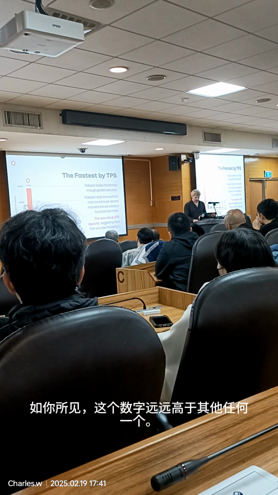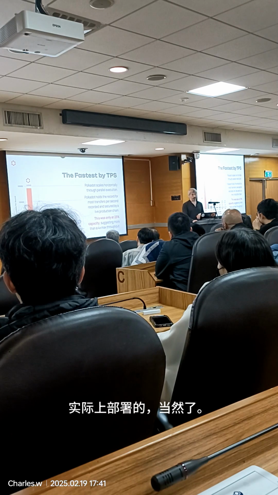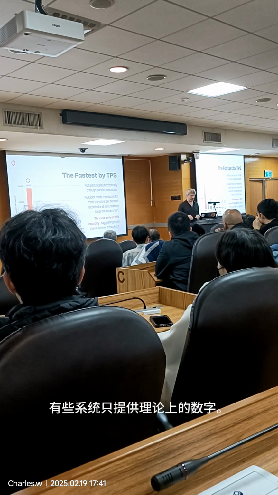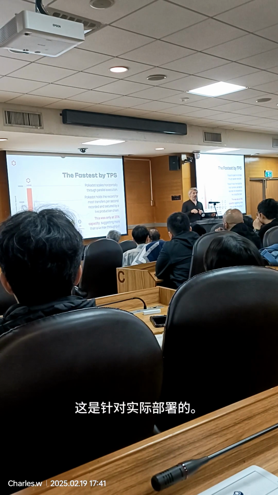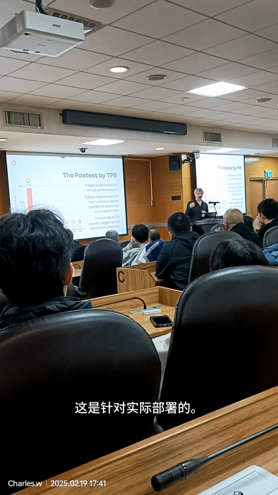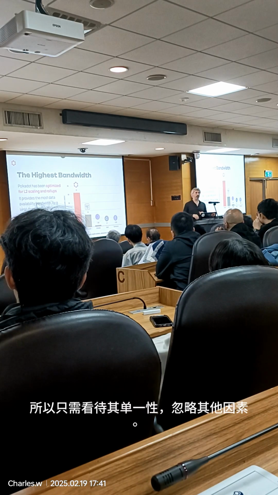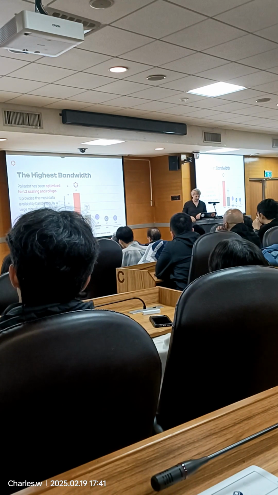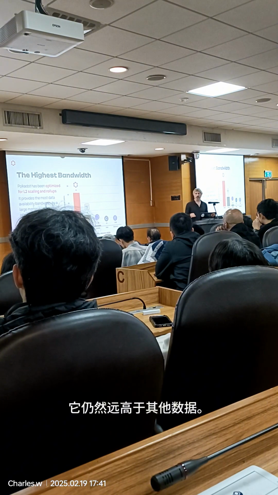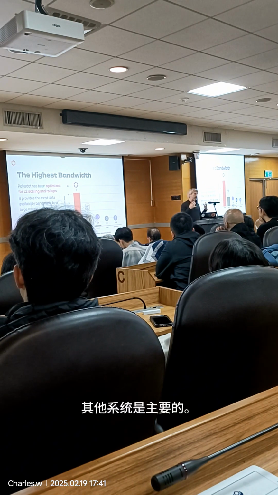As you can see, the number is substantially greater than any other system that is actually deployed. Of course, some systems claim theoretical throughput numbers. Other systems say that they have some particular deployed testnet behind closed doors. Whatever. This is for actually deployed live decentralized systems. Polkadot has the highest bandwidth, right? So if we just take data bandwidth alone, ignoring processing and computation, it's still far higher than other data availability systems, other systems that are domain specific for data